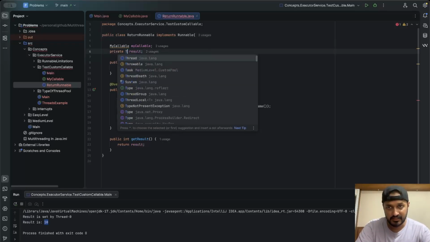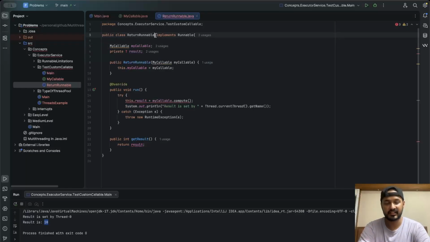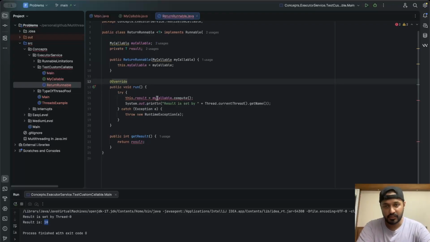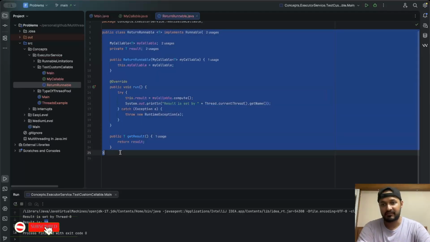Result will be generic. The runnable interface will have T. This will also return a generic, correct? And at the time of initialization we need to pass T, and here also we'll have to write T, correct? So we have written T everywhere.